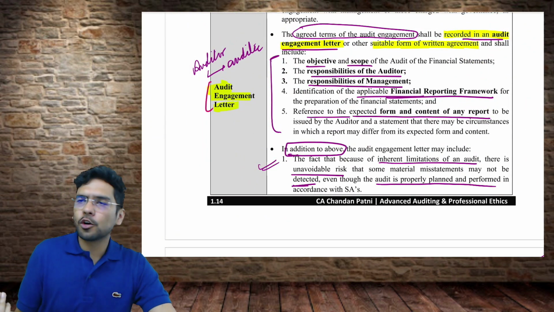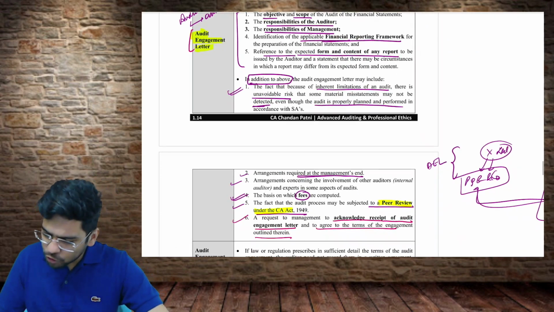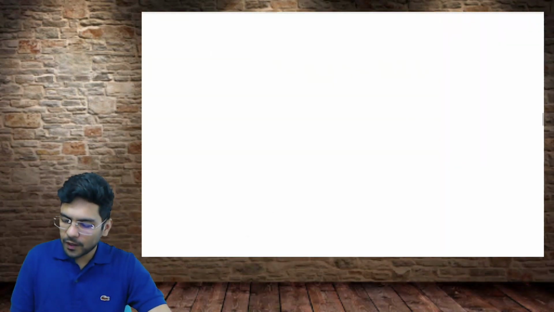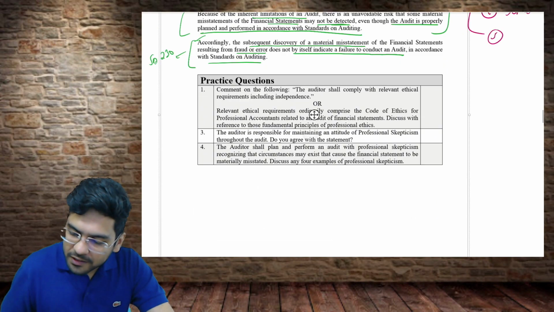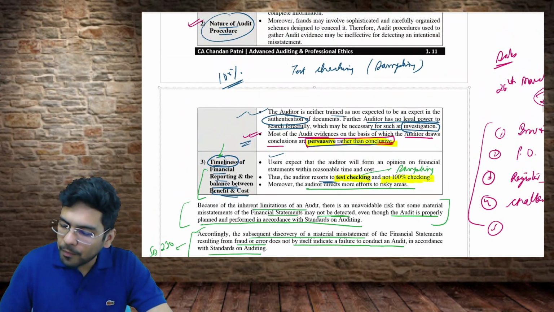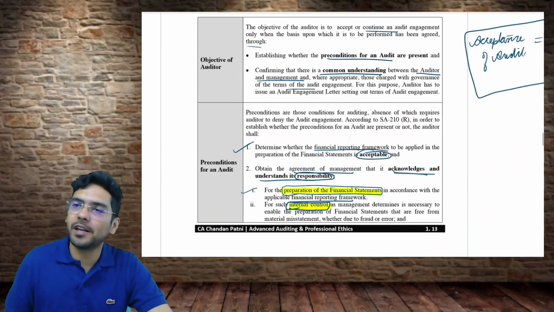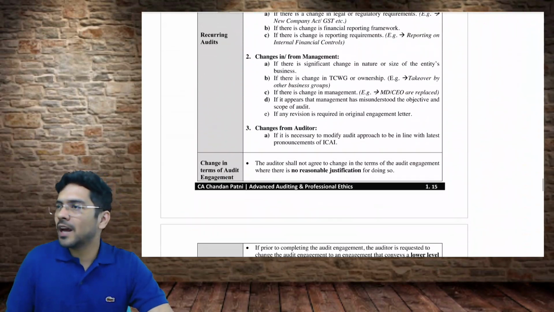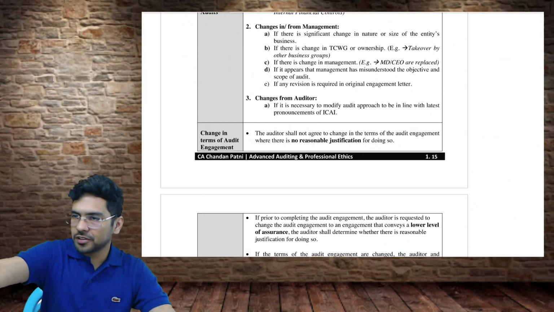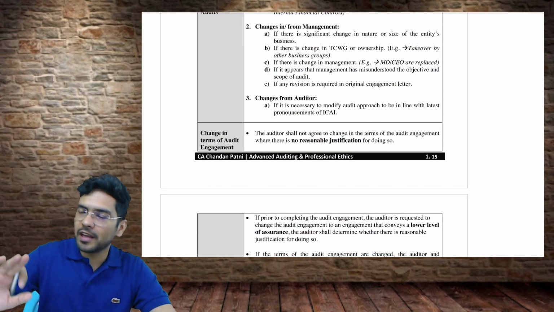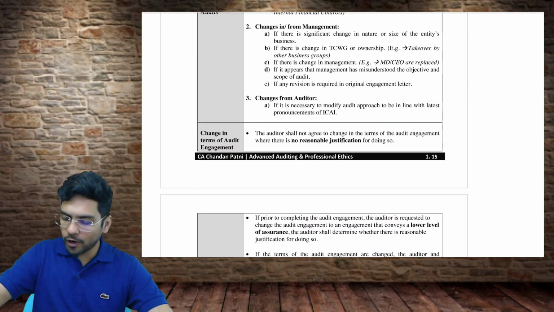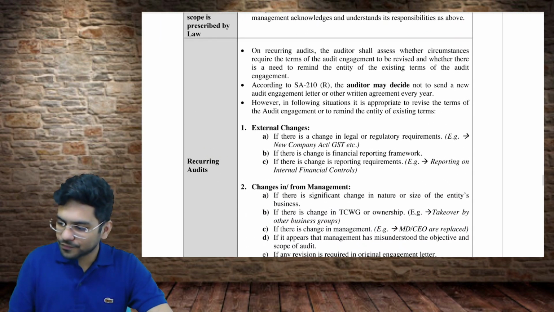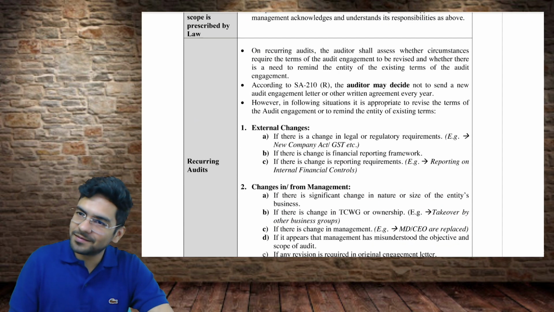Fine. So the question can be asked, what is the content of the audit engagement letter? Very simple topic. Now, the next topic that comes to our mind is, are we supposed to come up with this audit engagement letter in every audit? Let's say I did your audit. This is the first time I came up with an AEL. You signed it. Next year also I'm your auditor. Should I be sending you another AEL? It's not mandatory. But when there is a change in